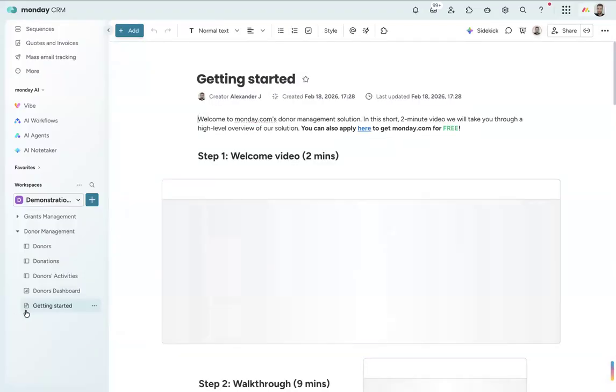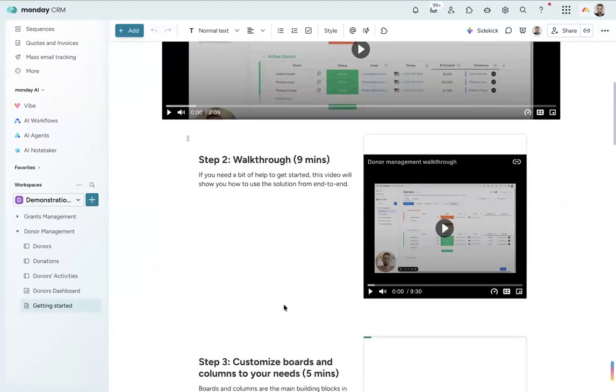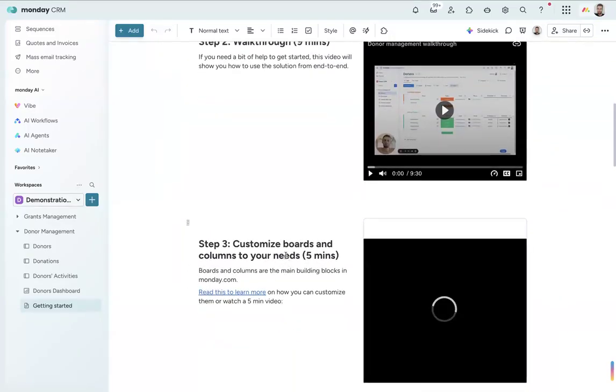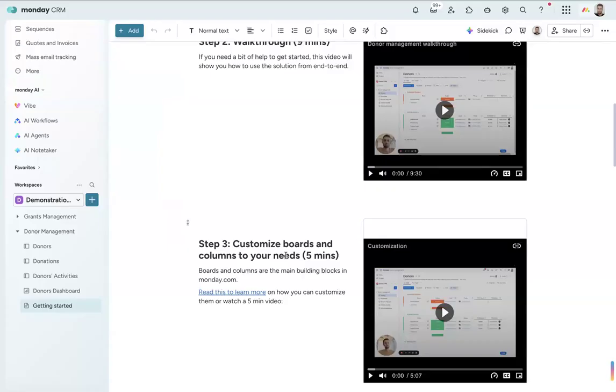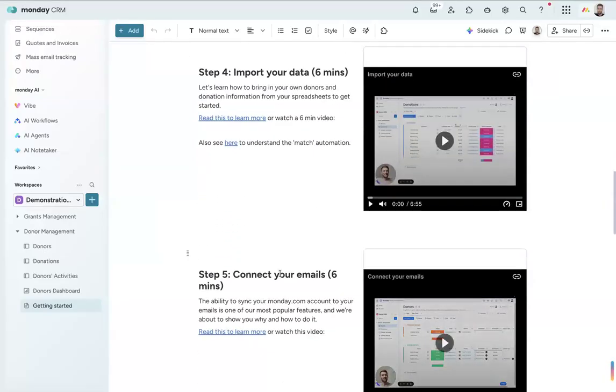And then the final element is another different icon. It is a doc. This is pretty similar to Google Docs if you've used those in the past. You can use docs for collaborating as a team, for brainstorming ideas. All we've done here is build a guide for using the templates. So it's got training videos, articles, links, and a lot of the stuff that I'm going to be covering today features here. But if you do have more questions about any of these step-by-step little elements, you can come and check it out here.